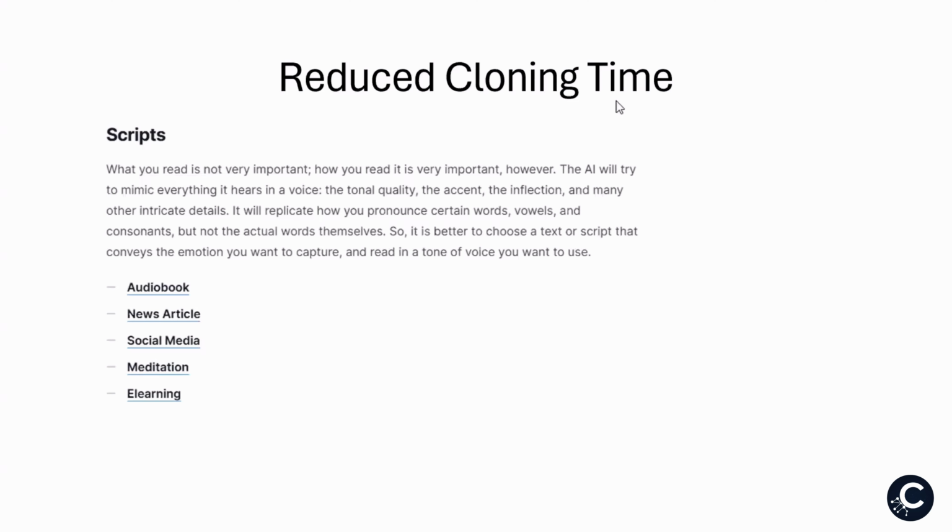Same thing's going to be true with a news article, right? You're going to read that news article exactly the way you want it to be read. So you think about the purpose. Remember, what we're talking about doing here is creating a voice by reading to it.